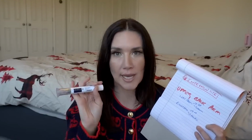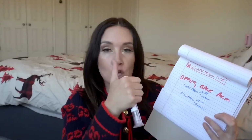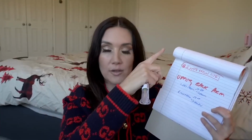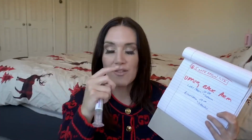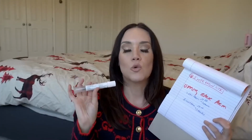We had the 3 places that Eli Lilly has told us to inject, but within there, you can do the upper part of your arm, your left arm, your right arm, that makes 2. And then the upper part of that and the lower part of that makes 3, 4. And then the right arm, same thing, upper and back. And then you can do left, center, right. So you can make 4 points within that arm through a rotation system, which is what we're going to talk